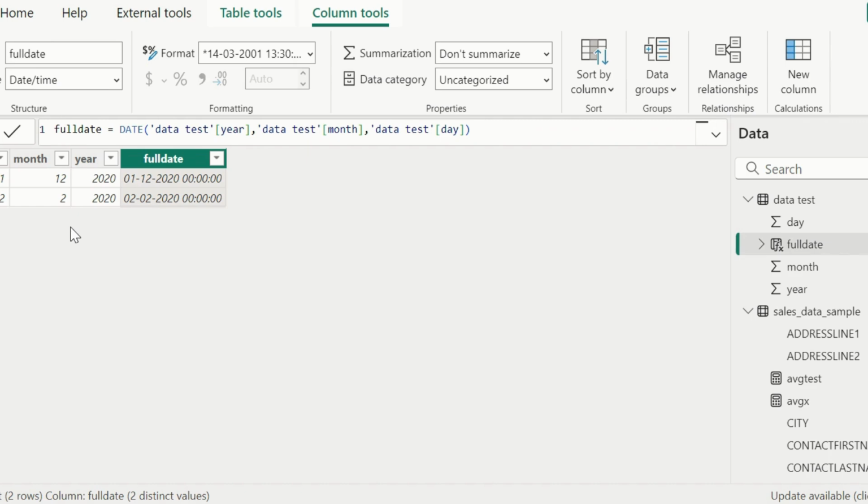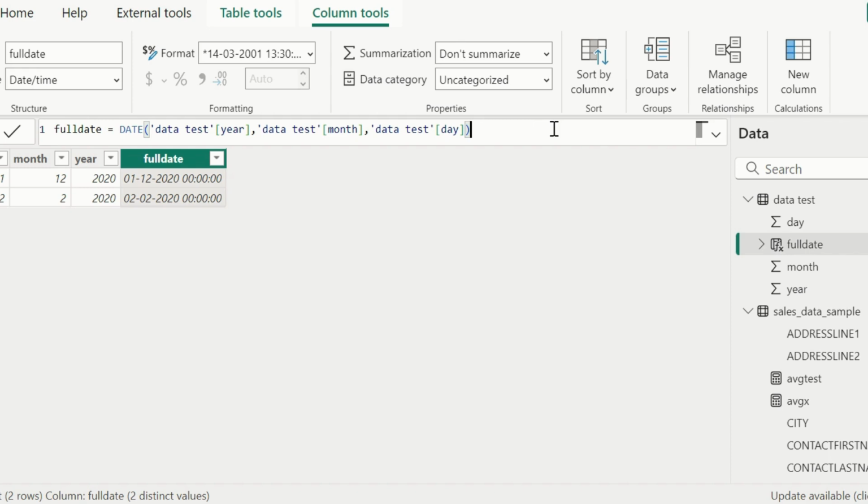Similarly, the DATEVALUE function converts a date in text format to an actual date data type. Suppose I have a date in a text format, and I want to convert this into the date data type, then I can do it. For example, if our data is stored as a text string, like we have data like this, 2023, 02, 01. So this is the string. We can convert it with the help of DATEVALUE.